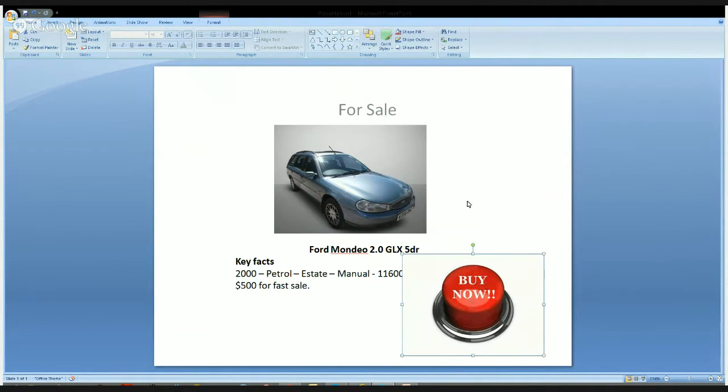Put it there. Arrange, center, back. Okay, so there's our advert for our car.